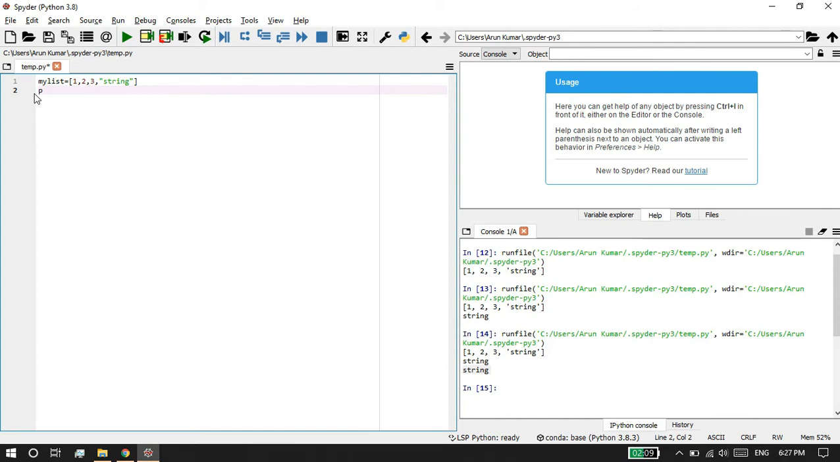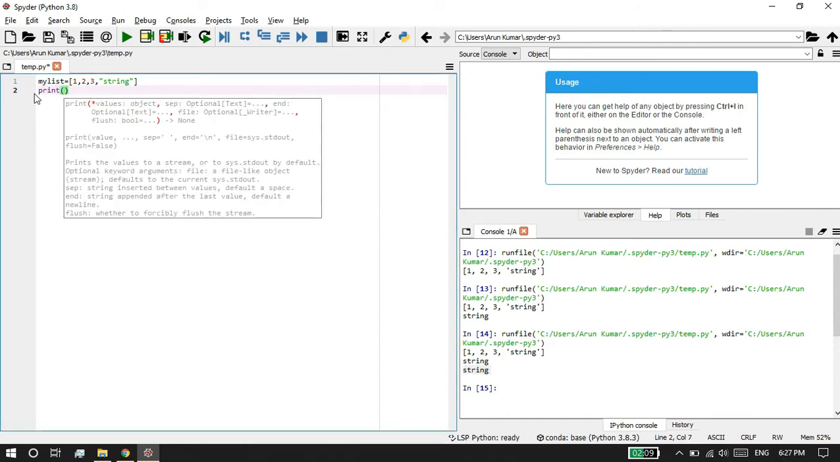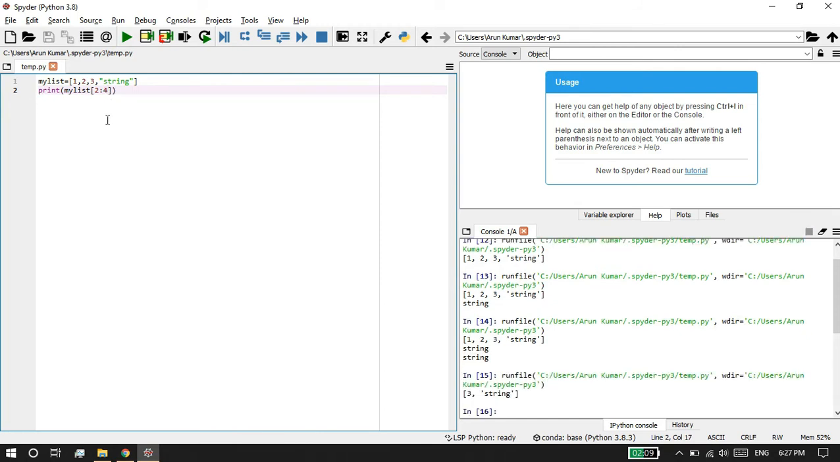Next, if you want to print a range of indexes, you have to use print my list, and inside the square brackets you have to define your range. Let's say here I am going to put it from 2 to 5, no 2 to 4, and I am going to execute it. You can see here my string from the range 2 to 4 is getting